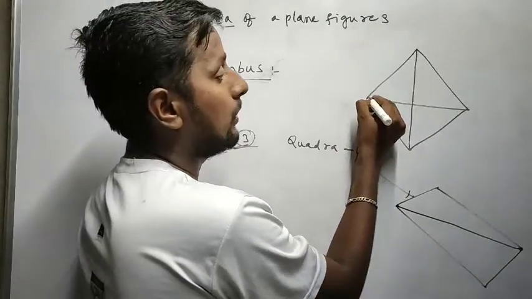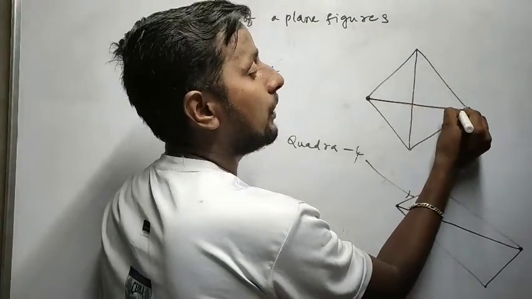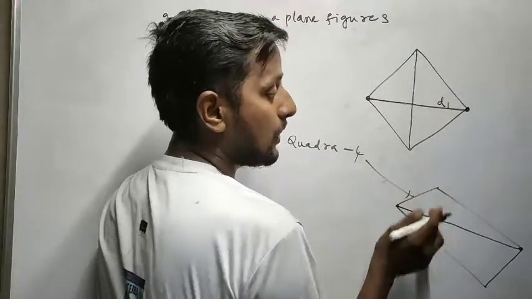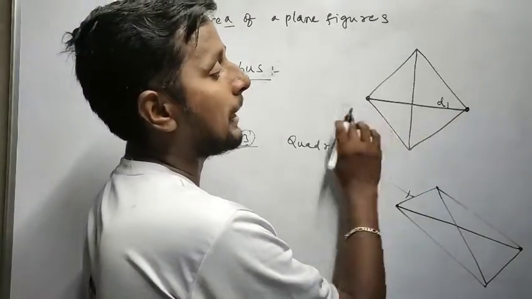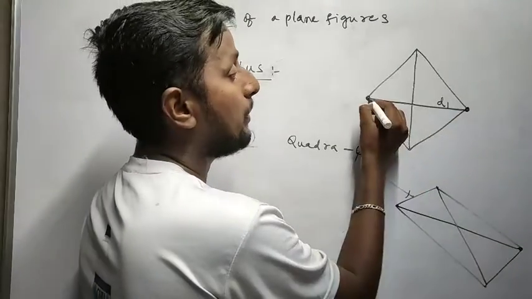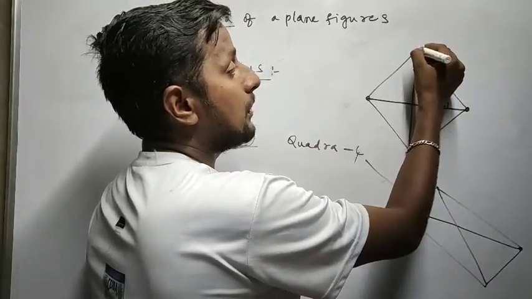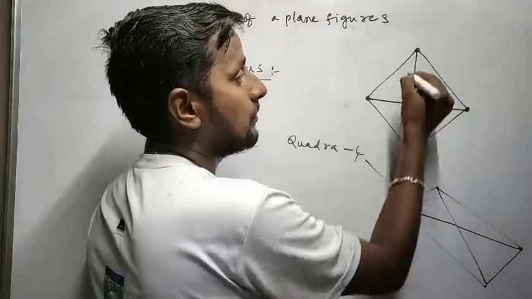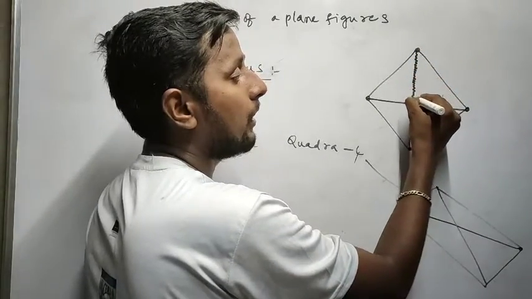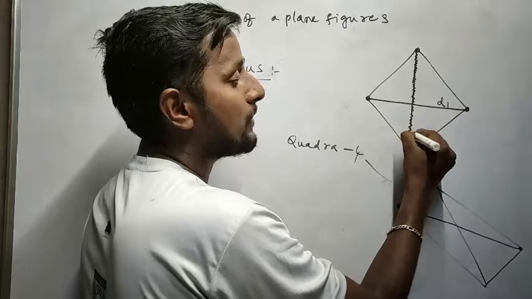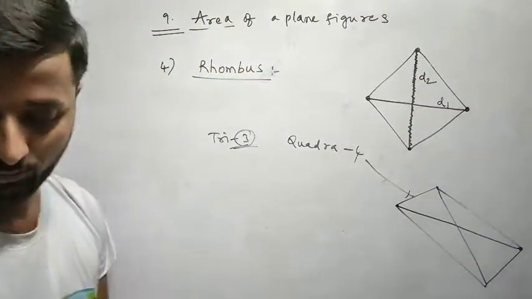So here also the dot is connected with the opposite dot, so it is a diagonal. So a quadrilateral has 2 diagonals, beta. The first diagonal I represented as D1. From here to here, the total length can be called D1. Next, look here, we have one more pair. I made a little difference just to understand. Now the total gap can be called D2.